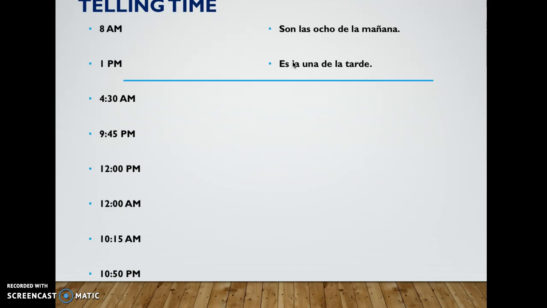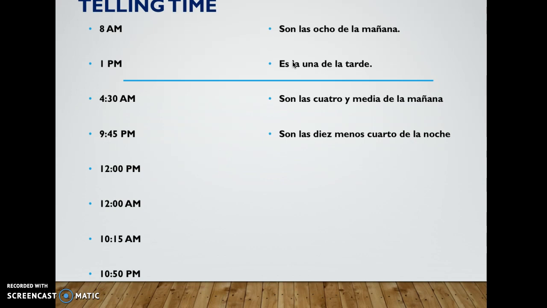4:30 a.m. Now, 4 is cuatro, 30 is media. 4, they're more than 1 hour, so son las 4:30 de la mañana. 9:45 p.m. Now that's past 30 minutes, so we're going to count backwards from 10. That's 10 minus 15. 10 is plural, so you say son las 10. Then you say minus, menos, cuarto de la noche. You can also say son las 10 menos 15 de la noche. It's just less said because cuarto is easier and more understood.